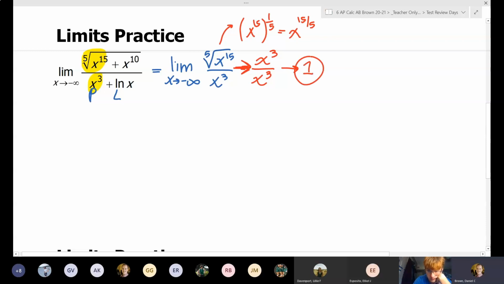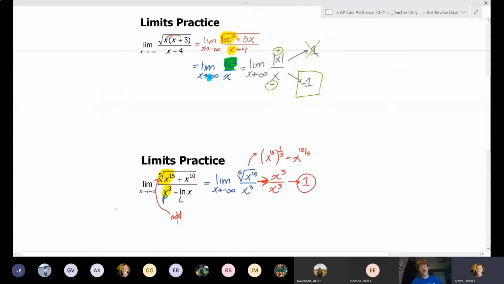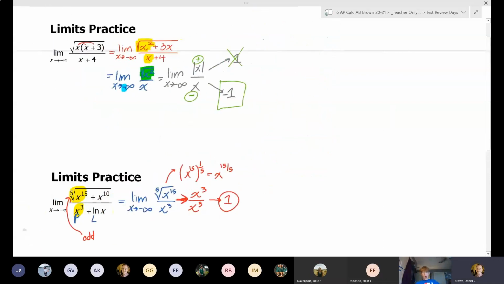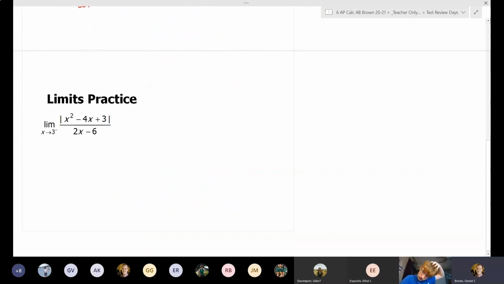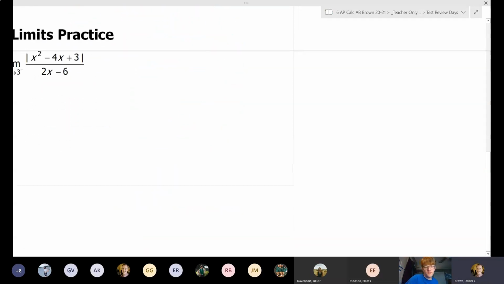So again, we didn't have to worry about the negative since this was an odd root type problem. If this had been a square root, a fourth root, sixth root, then we would have had to worry about an absolute value in the problem. I will say when it comes to a question on your tests, obviously I'm testing your knowledge and your skills. You're way more likely to see the first question on your test or one like it than that second one. The third problem that I often see mistakes on,